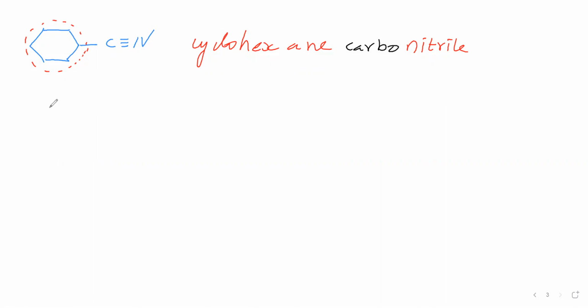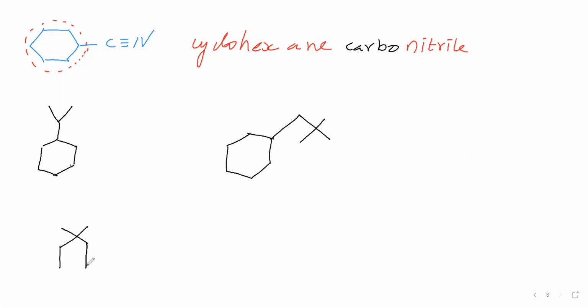Next compound we will take like this. This compound name you can say easily. So I will go to the next compound. You think and say the name of this compound. Next, this compound also you can think and say. What is the name of this compound? You think and say this one. Next compound, this one. This compound name also you can write.